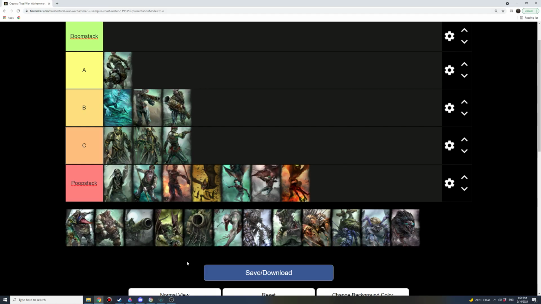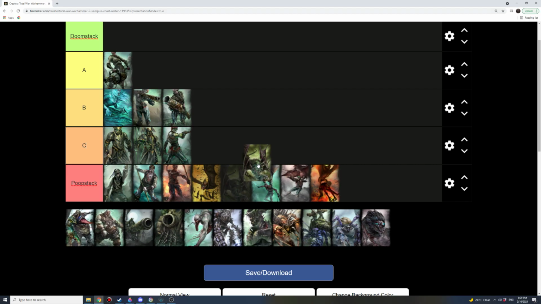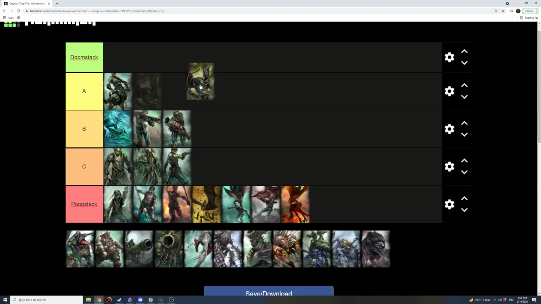Anyway. And then we've got the Deathstreak Terrorgeist. Deathstreak Terrorgeist is good. You can Doomstack with them, but I'm going to put them under A tier because I don't think that they're a great Doomstack, just because of the way the campaign works with the Vampire Coast. If you want to spam them in your army, you totally can, and it's fine, but it is not the most optimal thing by quite a significant margin. So I'm going to leave it at A tier, about the same sort of efficiency as the